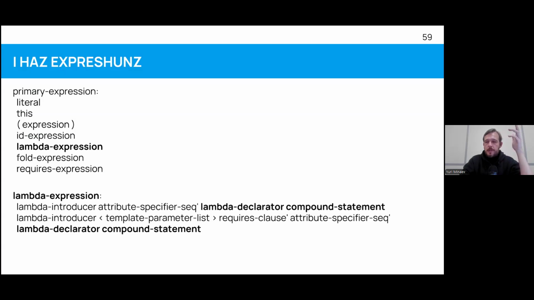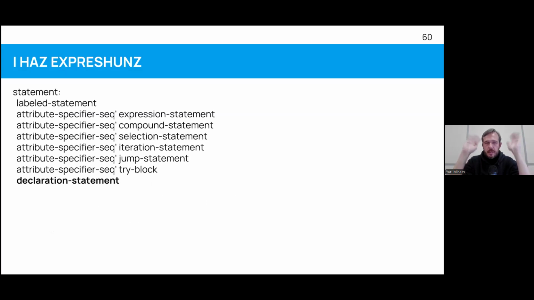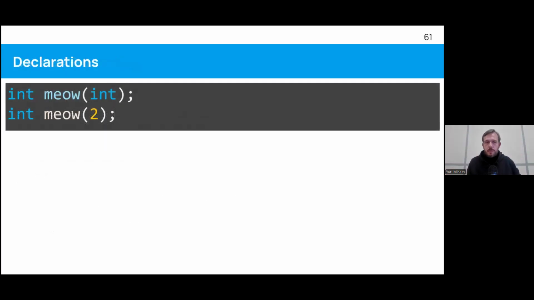And compound statements are those curly braced bodies, which can contain statements, and statements can be declaration statements. So if we want to parse expressions in C++, we have to deal with declarators and declarations. Okay. What can go wrong, right? I think nothing can go wrong, except if you look at these, one of them is a function, and the second one is a variable with an initializer.